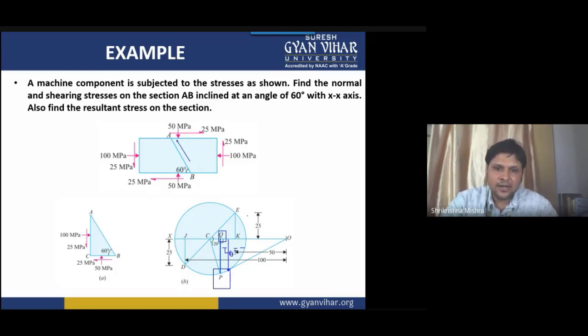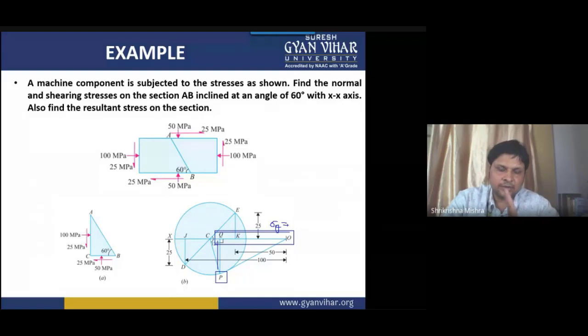All right. And the next value is what? The next value is your normal stress. How you will get this? P is the point, the vertical line you have drawn. OP will give you the value of tau, and OQ, from O to Q, will give you the value of sigma theta. You measure this particular length, and since this is on the left hand side of O, again this will be taken as negative.